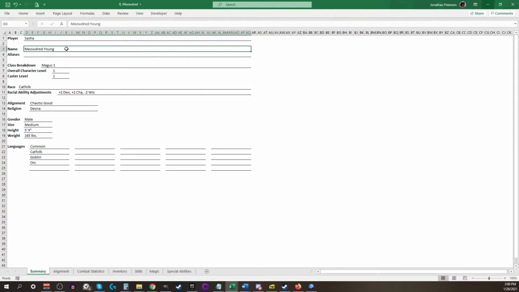player name, the character name, aliases, class breakdown, levels, racial adjustments. The racial traits get put onto a different page. I'll explain that later. Alignment, religion, so what god you follow, and I use an expanded god list, so it's not just the Pathfinder pantheon, but also most of the D&D pantheon too, as well as a few extras. Then the basic information and the